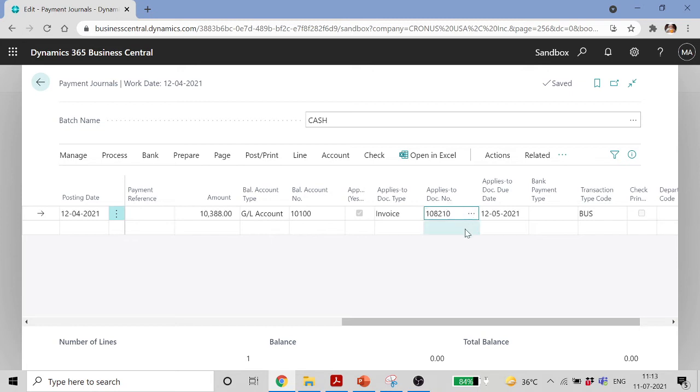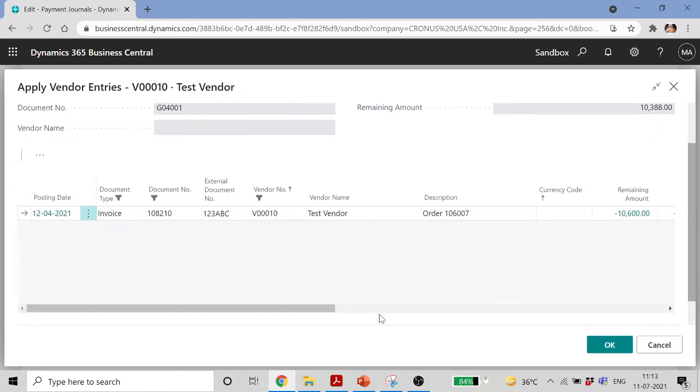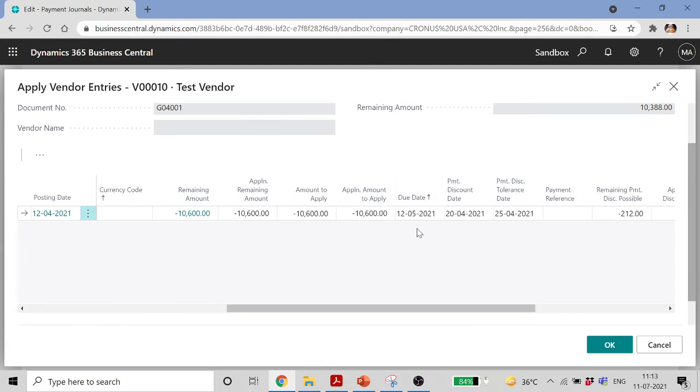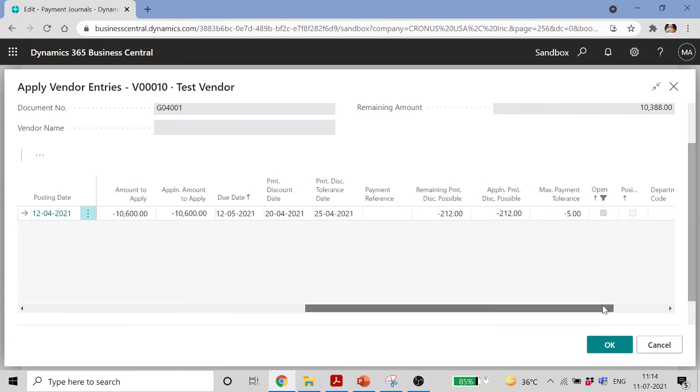What we can do is, for learning and exploring, let's see, due date is 12th May, discount date is 20th April, discount tolerance date is 25th April, means 5 days, which we set up in the GL setup. Discount tolerance days 5 days, and discount payment tolerance is also $5. So let's make payment after this payment discount date, but before this I'll choose the payment date as 23rd April,